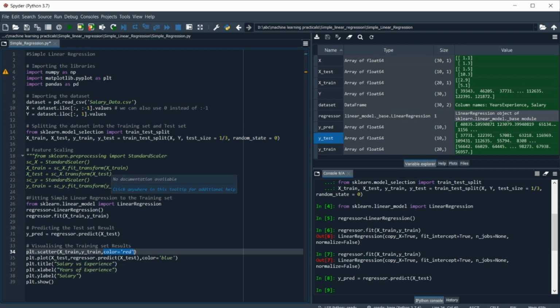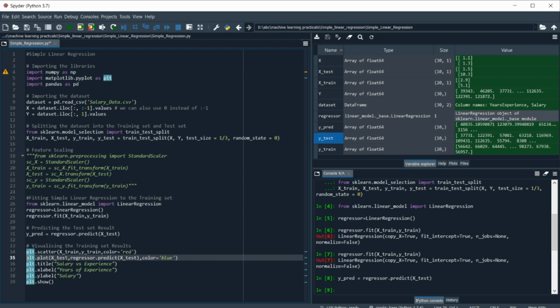And then we are going to make a plot of the testing side, but not with the dependent variable of the testing set, but with the prediction made by our model. So we use plt.plot, and pass x_test, and for the prediction we use regressor.predict and pass x_test.